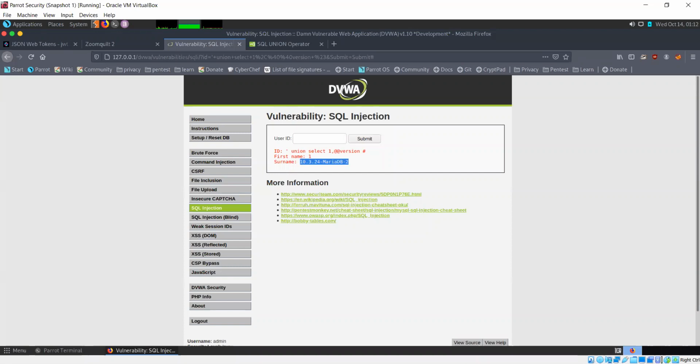Depending on the database version, you can figure out the underlying technology, and this will also give you information that you can use to try and figure out vulnerabilities through Metasploit or Exploit DB.